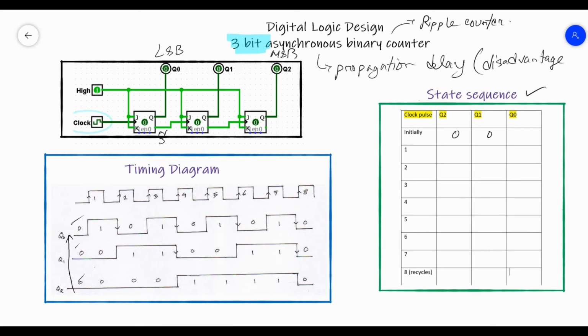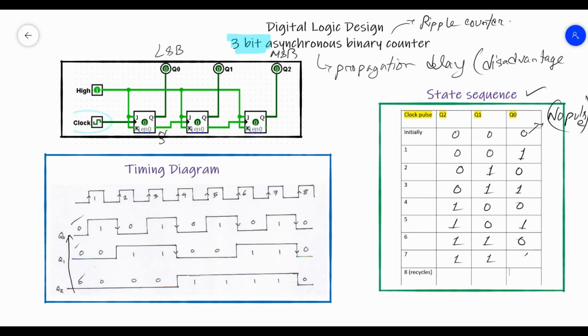Initially it is 0 0 0, and we get this when there is no clock pulse. Now for the first clock pulse, it will produce the sequence 0 0 1, and in this way the second one will produce 0 1 0, then 0 1 1, 1 0 0, 1 0 1, 1 1 0,